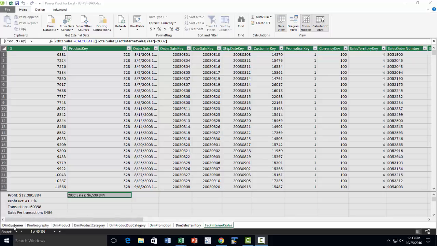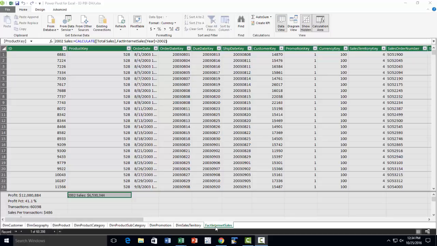So we have tables that start with the prefix DIM that refers to dimension. Like in Tableau, we had dimensions and measures, right? So these are dimensions. Dimensions will be like product category, product subcategory, sales territory, city, state, country, and that kind of stuff. Okay, so we have several of those, and then we have one table that starts with the prefix